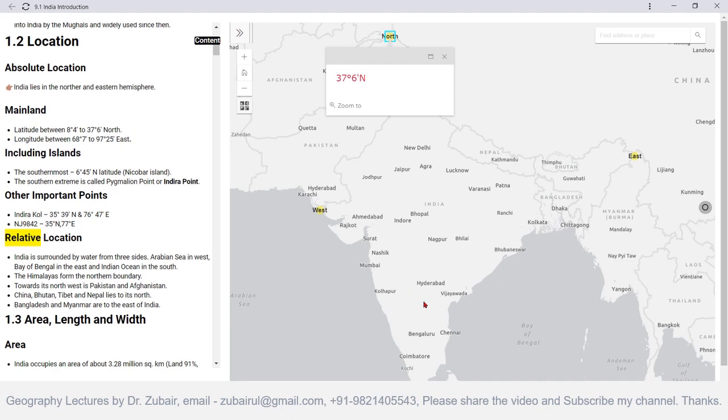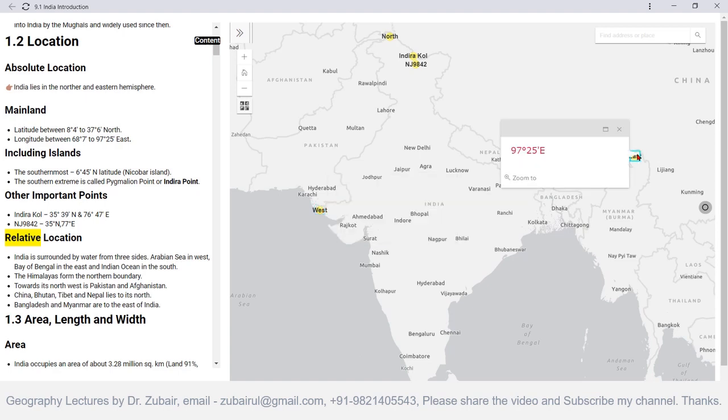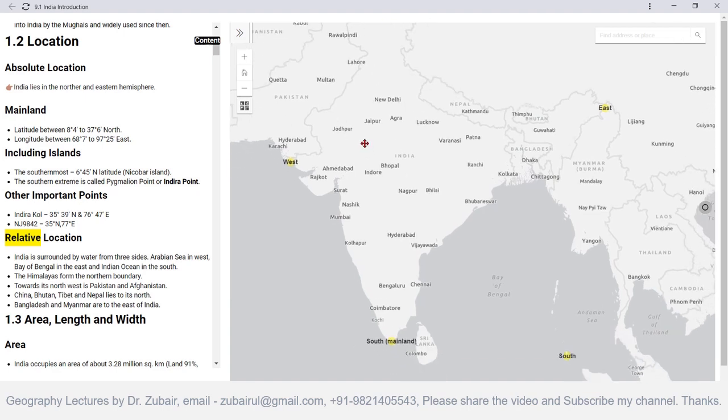So around 30 degrees of latitude are there. West to east, we can say 68 degree 7 minutes, and east is 97 degree 25 minutes east. So this is the extent of the mainland area. If you want to include the islands, the complete India, it starts from 6 degree 45 minutes. So there is an approximate gap of 2 degrees from the mainland to the southern part of